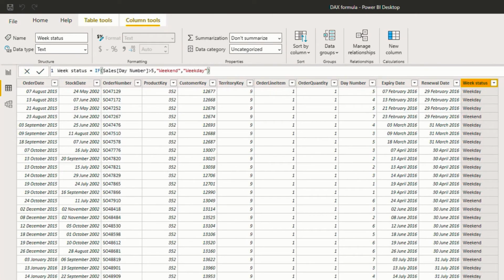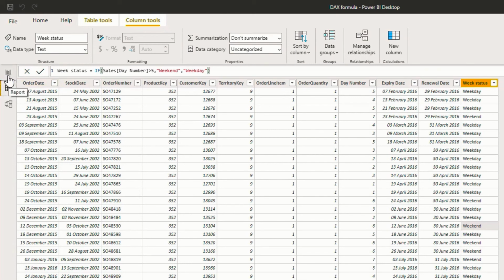So here we have the results. The days are segregated into weekday and weekend. Now the first one is a weekday because the day number is 5, which is a Friday. Then 4 is a Thursday, that's the reason it's again showing as weekday. Now here you can see 7 is a Sunday, so it's a weekend. Here 6 is a Saturday, hence marked as weekend, and so on. So this is how we can use the if function where we expect only two possible outcomes. Here the outcome is either it is a weekday or a weekend.